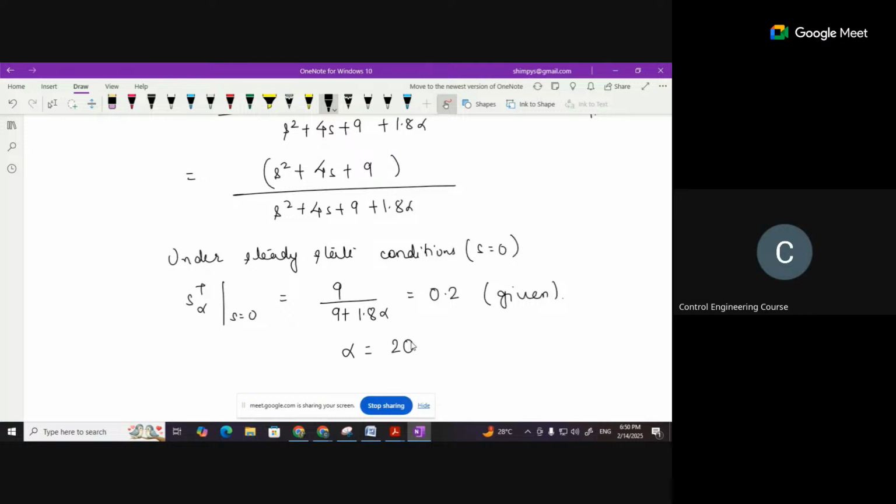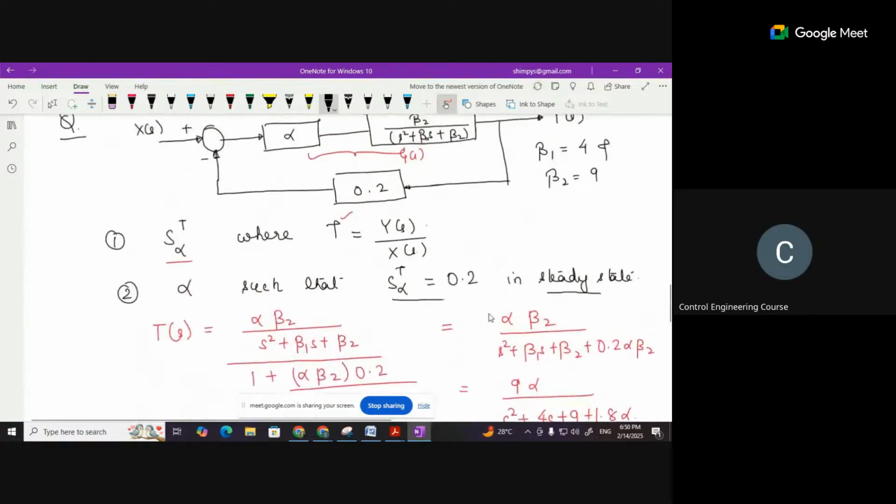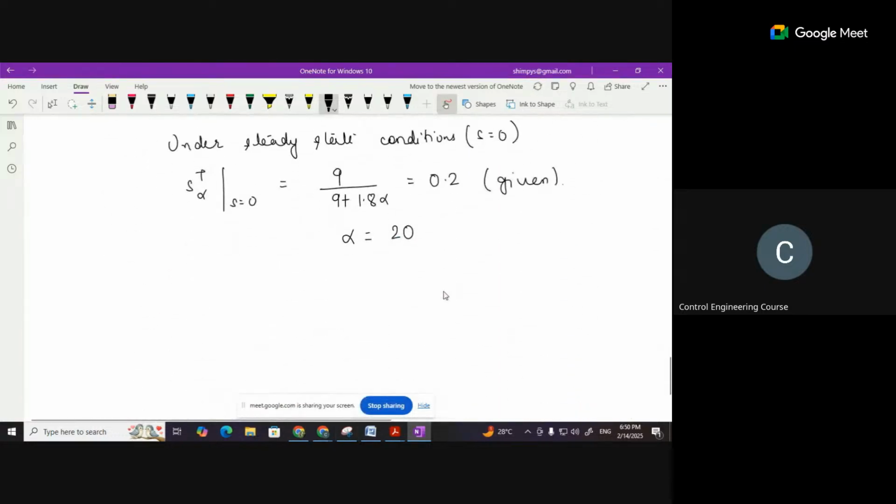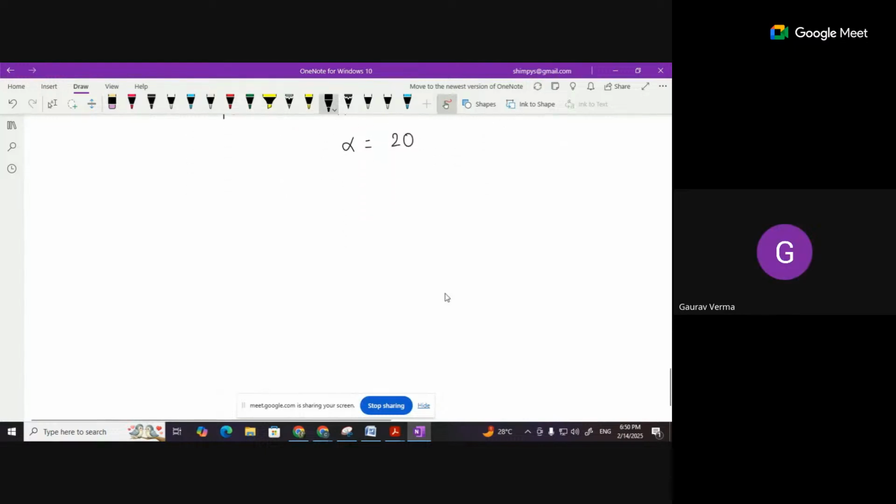Is it clear, this problem? Okay. So here you have to take into account at what condition it is given. So let us move on. And ma'am, when it says under steady state, we are not concerned with the kind of input that was provided. Yes, you can here say that kind of input,